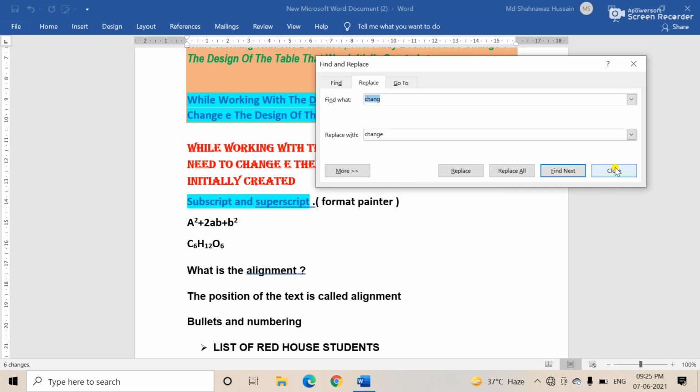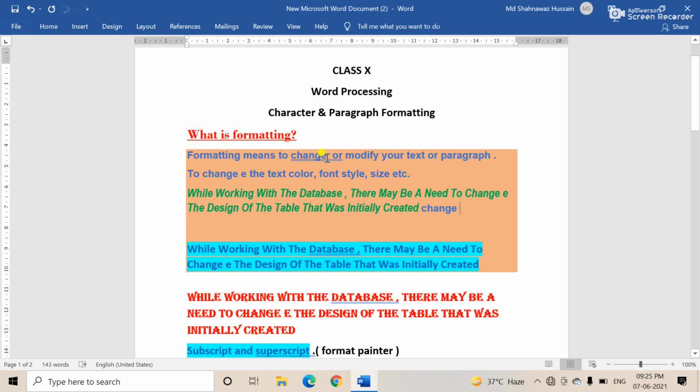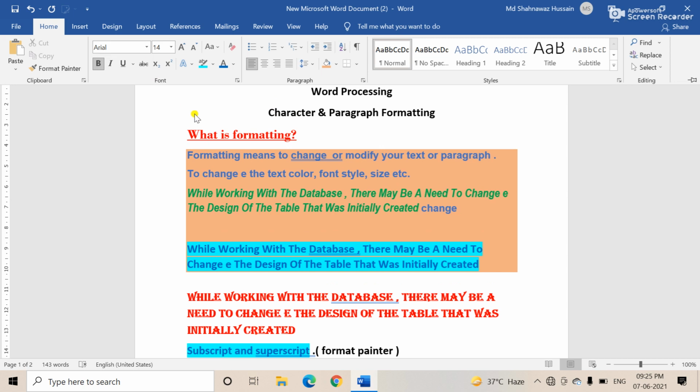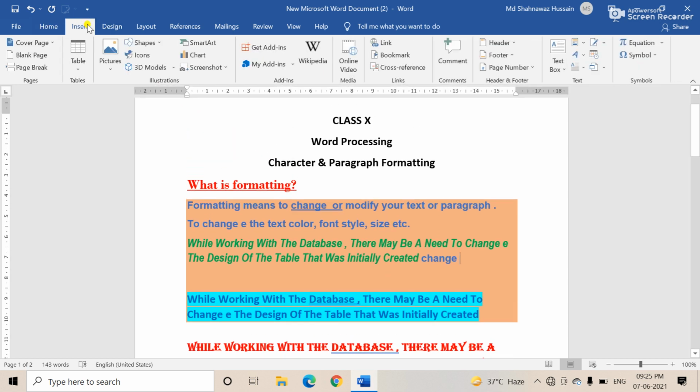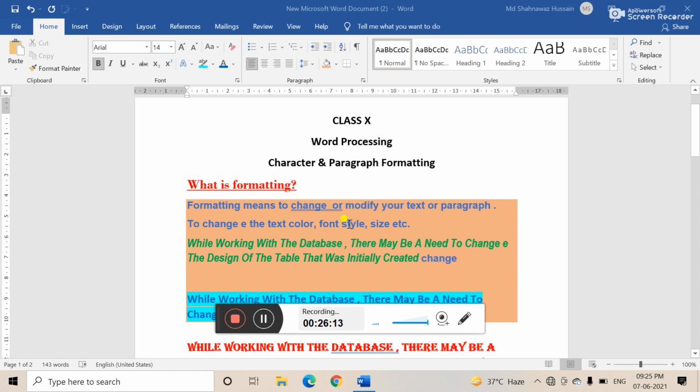See, this automatically comes, see, change. Okay, change, and here you see the change. Okay, understood. In the next class we'll discuss Insert and designs, and the rest of the things. So all of you students, I hope you understood. All of you practice, because practice is very much required. Okay, like this you practice. Okay, all of you take care, bye, and thank you very much.